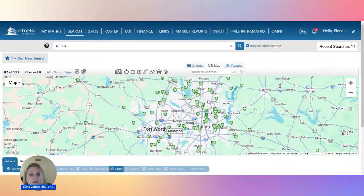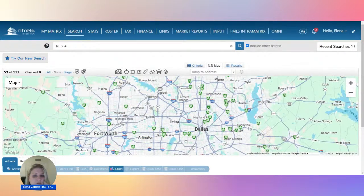As you can see, we have quite a few options. Every one of those green yellow home icons indicates a house that's available for rent to own. As you can see, we have a few areas where they're kind of clustered together, and some areas where we have almost no options. So for example, if you want to be in Dallas, let's move on to Dallas. It seems to be more in this part of Dallas, and this part of Dallas, and then closer to Mesquite and Balch Springs, but almost nothing toward Irving, as you can see. And those that are toward Irving are like